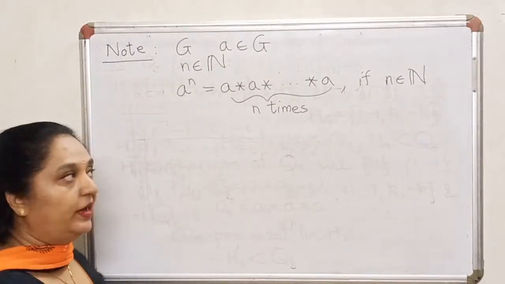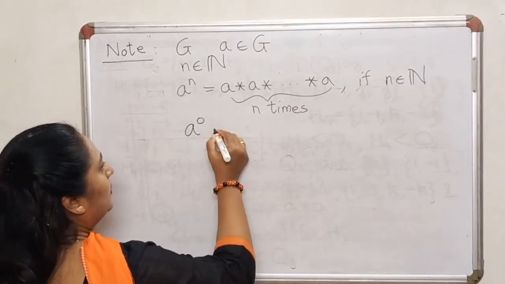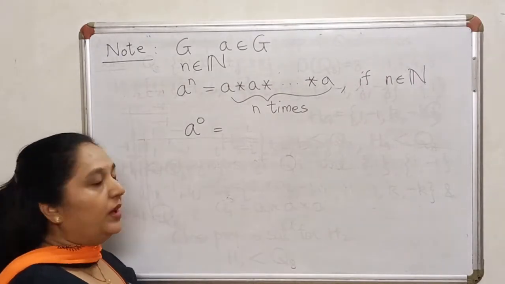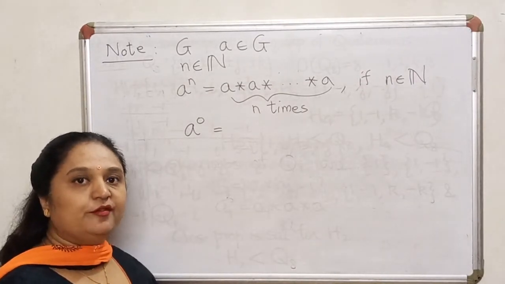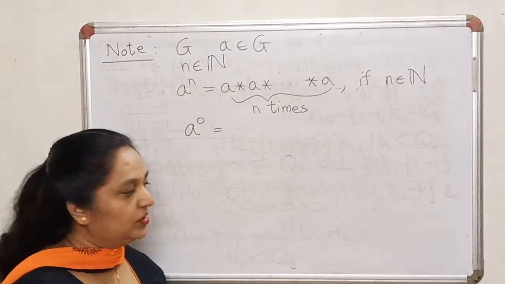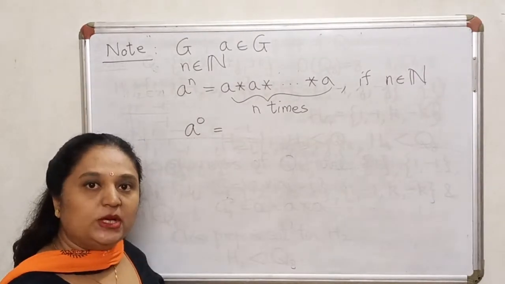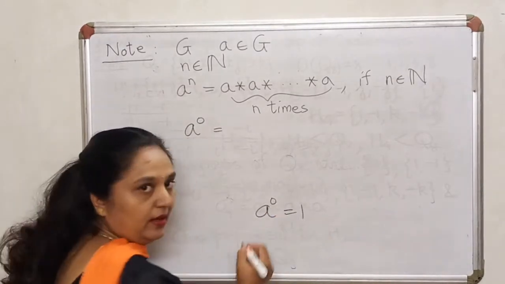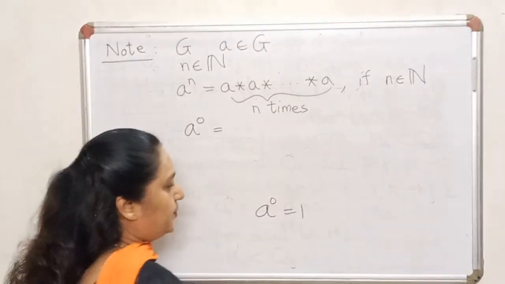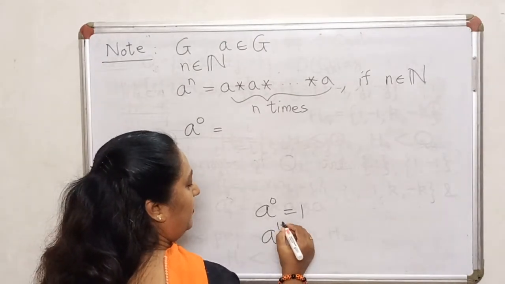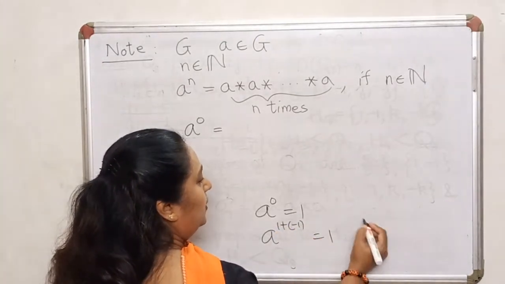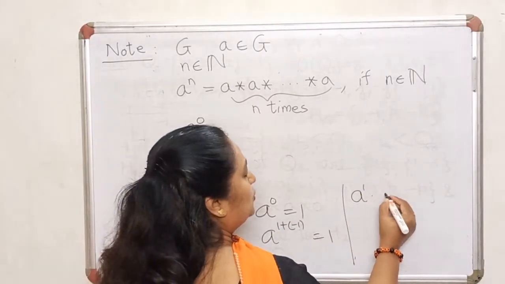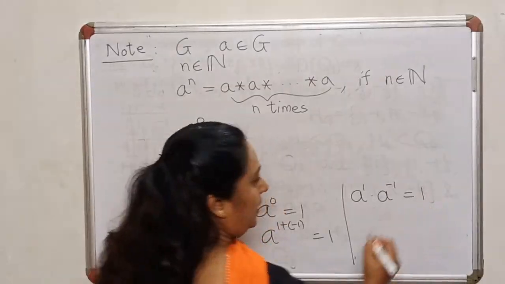Next, I would like to define A raised to 0. And again, I have used this in an earlier result, but let me give you the motivation for why we define A raised to 0 this way. Remember what happens for usual sets of numbers. How do you prove that A raised to 0 is 1? The proof is very simple. You can write the power as 1 plus minus 1. So we will get, I'm talking about numbers, A raised to 1 into A raised to minus 1.